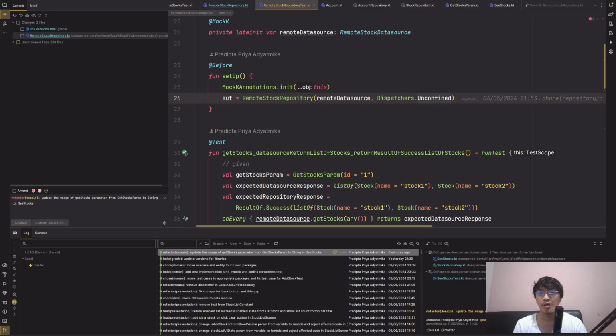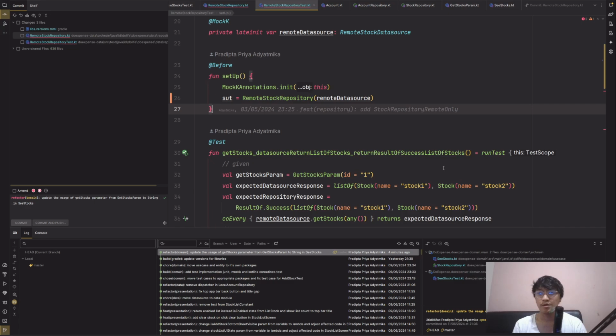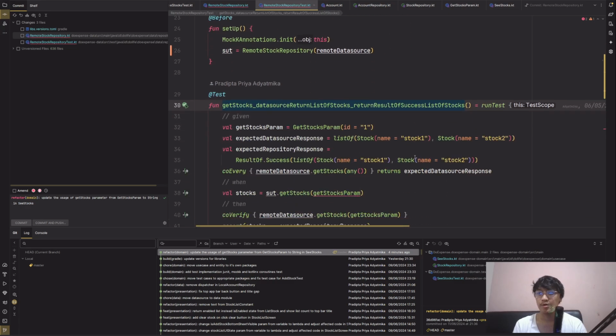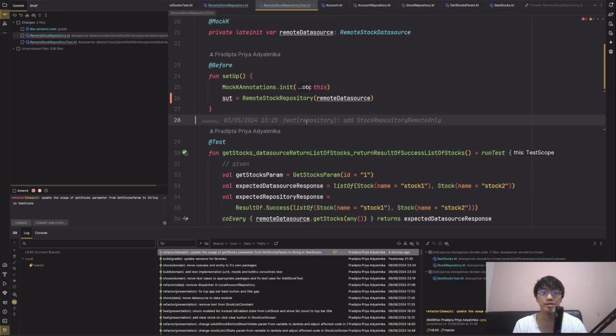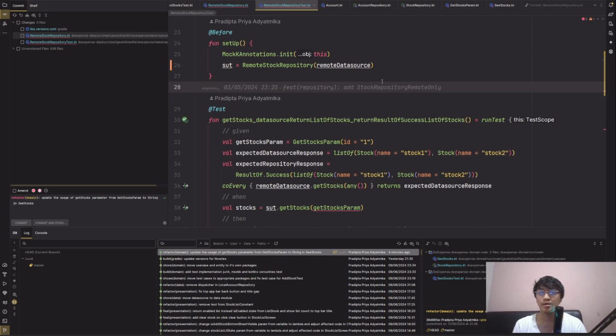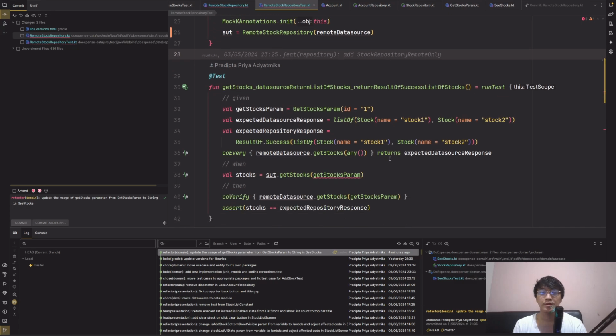I have no idea why I put my dispatcher in here, so we should try to remove it like this. What's going to happen? Nothing happened. Okay, since there's no error, let's continue analyzing our unit test.